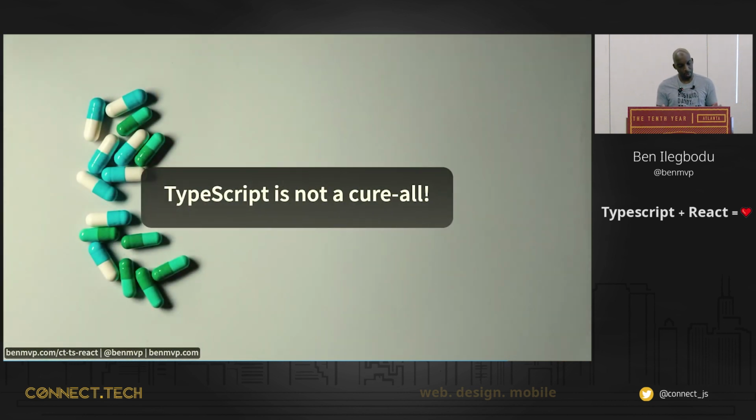Okay, so that was all of the kind of brain things, but I want to end by telling you that TypeScript is not a cure-all, even though I'm super excited about it. It catches lots of bugs, it catches a lot of errors, it solves a lot of problems too, but it's not a replacement for unit tests.